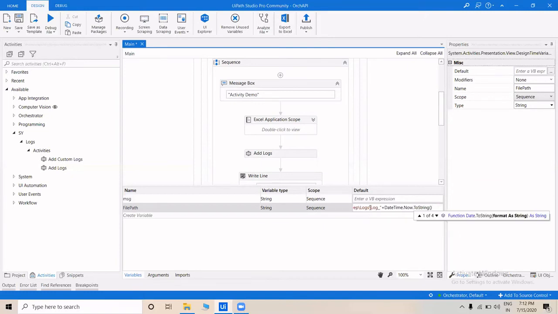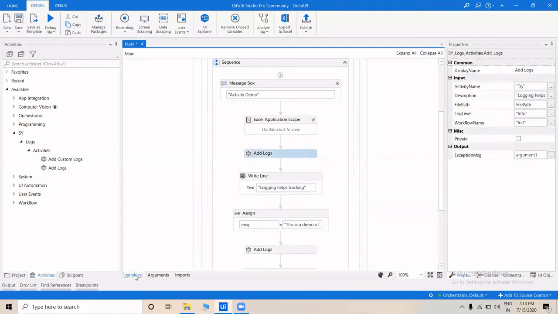I'll be using the format dd mmm yyyy because I want the month to be displayed in alphabets. And of course this is an Excel file, so I'll be appending the extension .xlsx, and that's it. We're good to go.